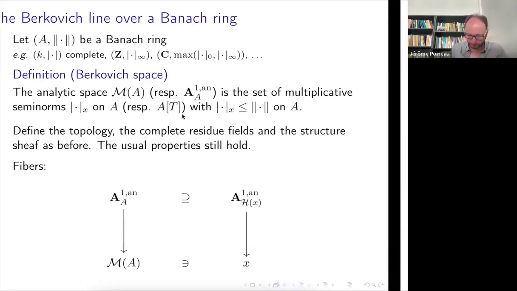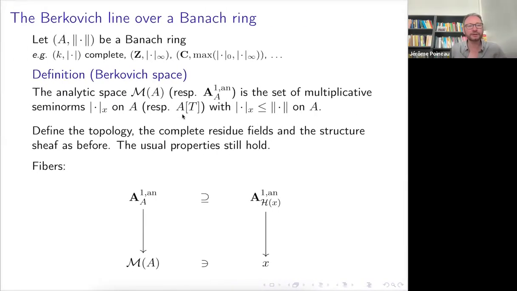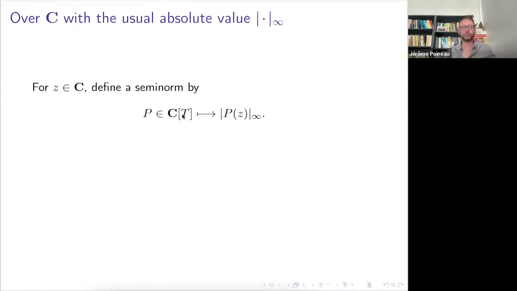Okay, so there's some subtle point here. I said that Banach rings include, as an example, complete valued fields, but I didn't say that those are non-Archimedean. In the first part of the talk, I said I really only considered non-Archimedean fields, but then, a Banach ring like C, the complex numbers endowed with the usual absolute value, is certainly a Banach ring. So the definition of Berkovich space makes sense in this setting. So let us have a look at what it gives.